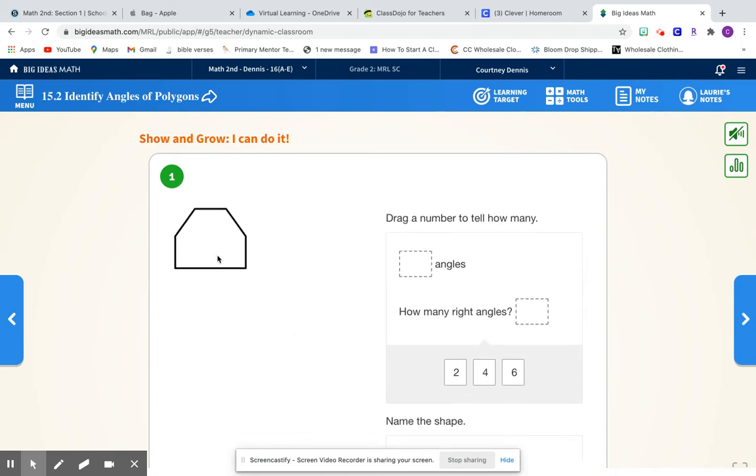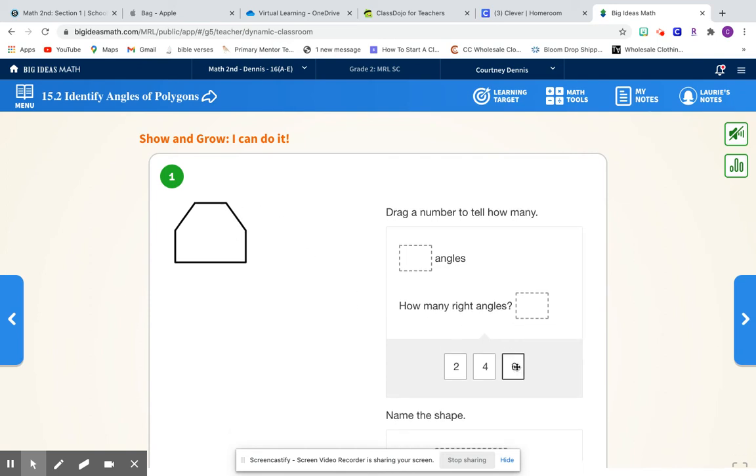All right. We're going to look to see how many angles. So an angle is where the two lines connect and create the point. So we're going to start with this one. We have one angle right here. Then we have another angle right here. There's 2, 3, 4, 5, 6. So this shape has 6 angles, and this one is a 1, 2, 3, 4, 5, 6 sided shape, and